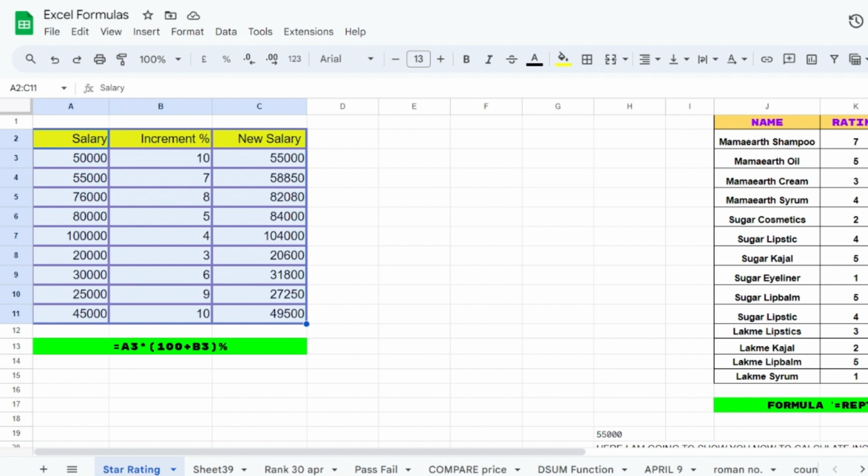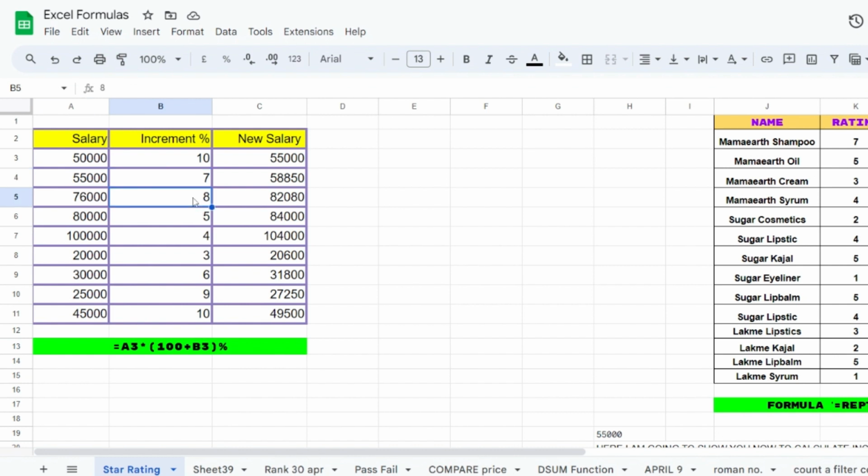After increment, what is the new salary? But if you want to add some comment in this particular sheet, why 10% increment to this particular salary? So this salary should be of someone. For example, my name is Smita, so Smita's salary is increased by 10%. So why 10% increment? If you have some reason behind this, because somebody got 7% increment only,